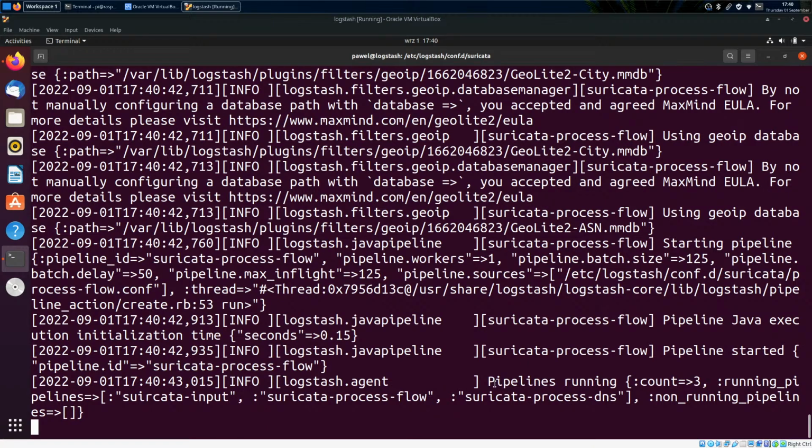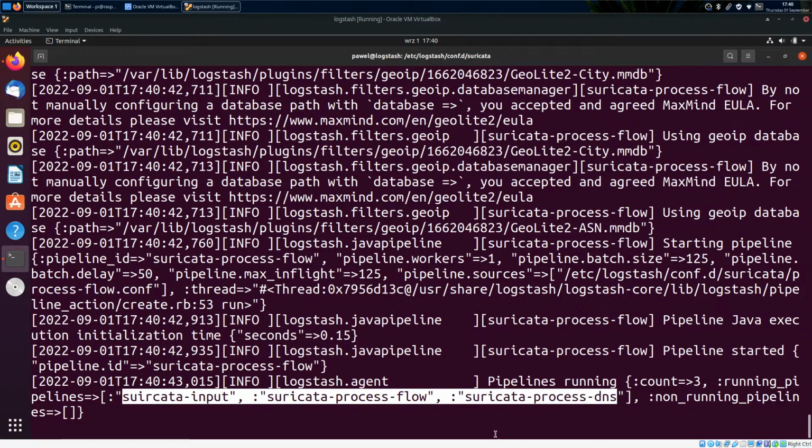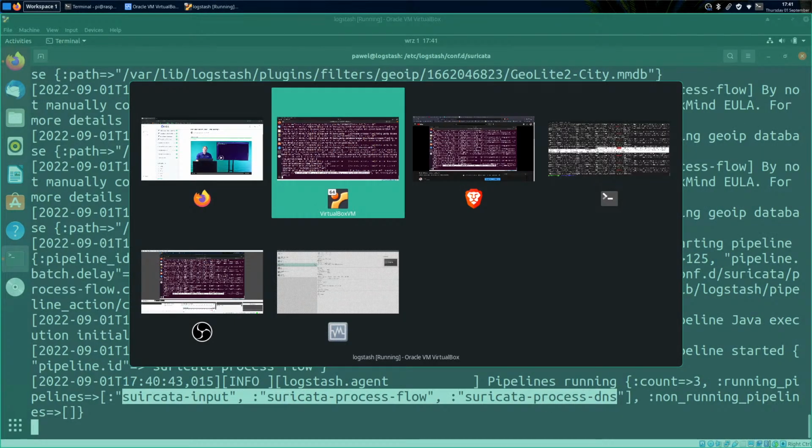You can see pipelines running count 3 and the different pipelines. Okay, so now we can go to our